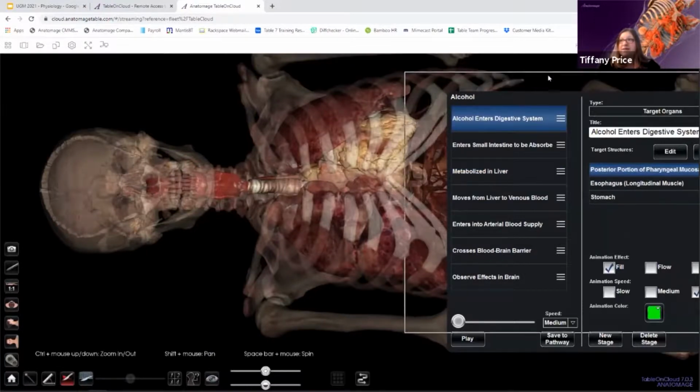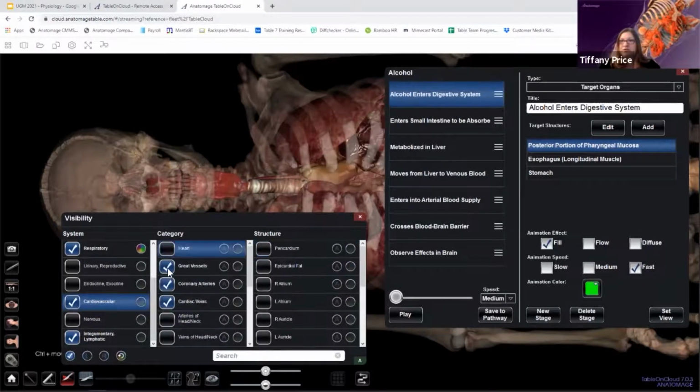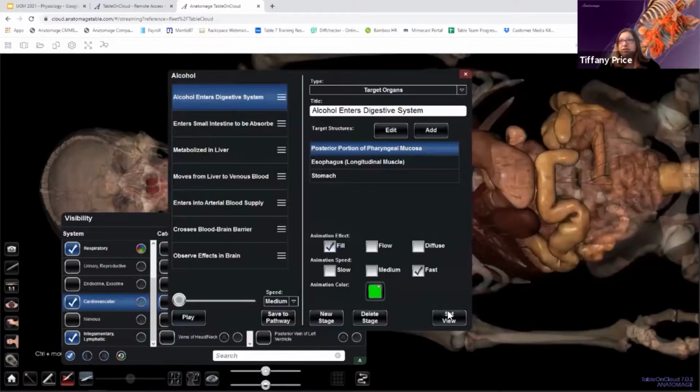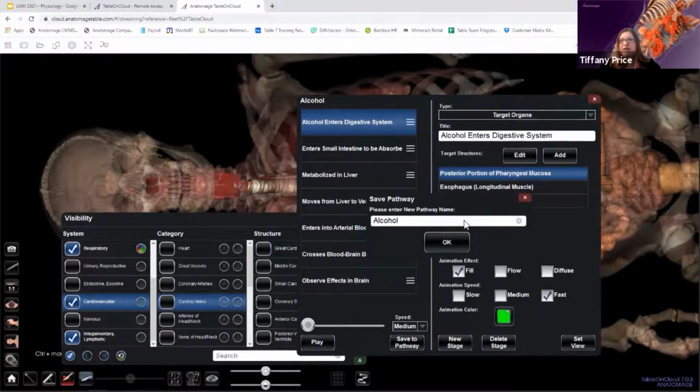if I wanted to save that, what I would do, I'm going to go back in here and remove my heart again. There you are. Heart, veins. And then I would come over here and I would hit set view. And when you hit set view, it doesn't actually light up or tell you that it's doing anything, which freaks me out and makes me feel inclined to push set view like 15 times just to make sure that it did something. And so then that should now save that view, so that if I go save to pathway and